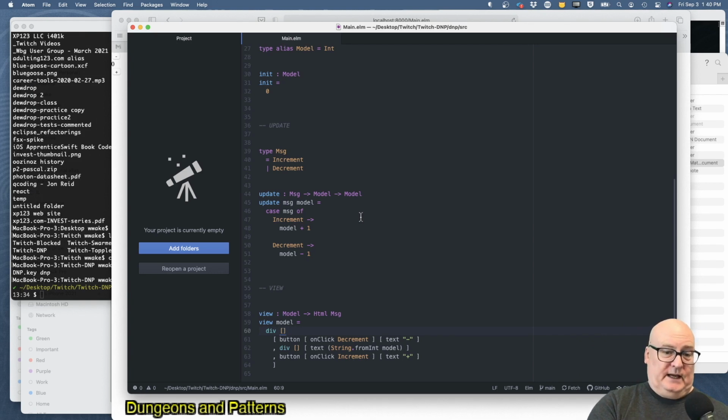So we take that model then and run it through the view, and it says, okay, draw a button minus, draw a text. Oh, model is now 1, draws a 1, and then a button plus, all right, and ready for the next message. So this is sort of the framework side of it, or the architecture side of it,